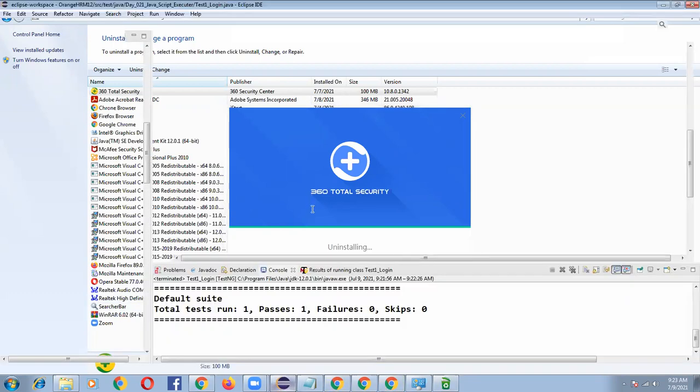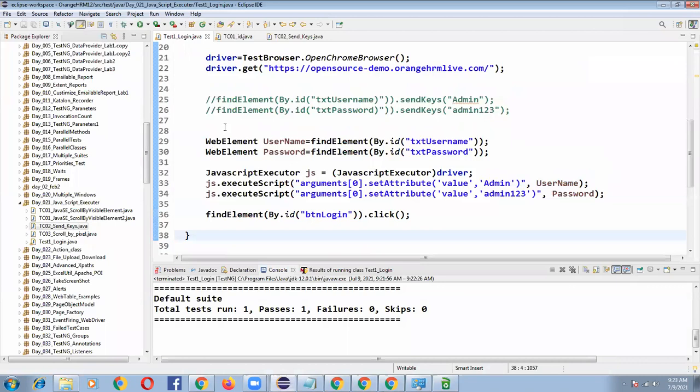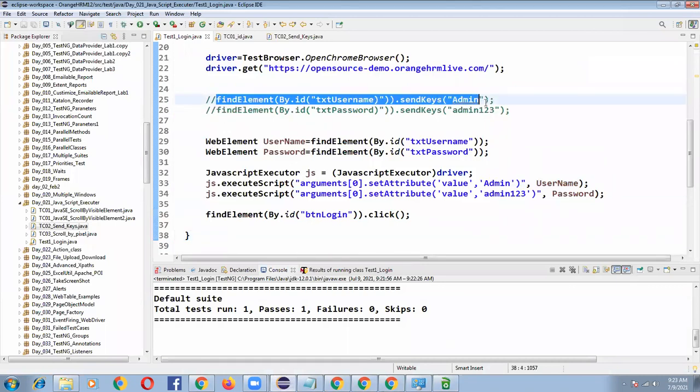Sometimes if sendKeys is not working, immediately you need to think about JavaScriptExecutor.